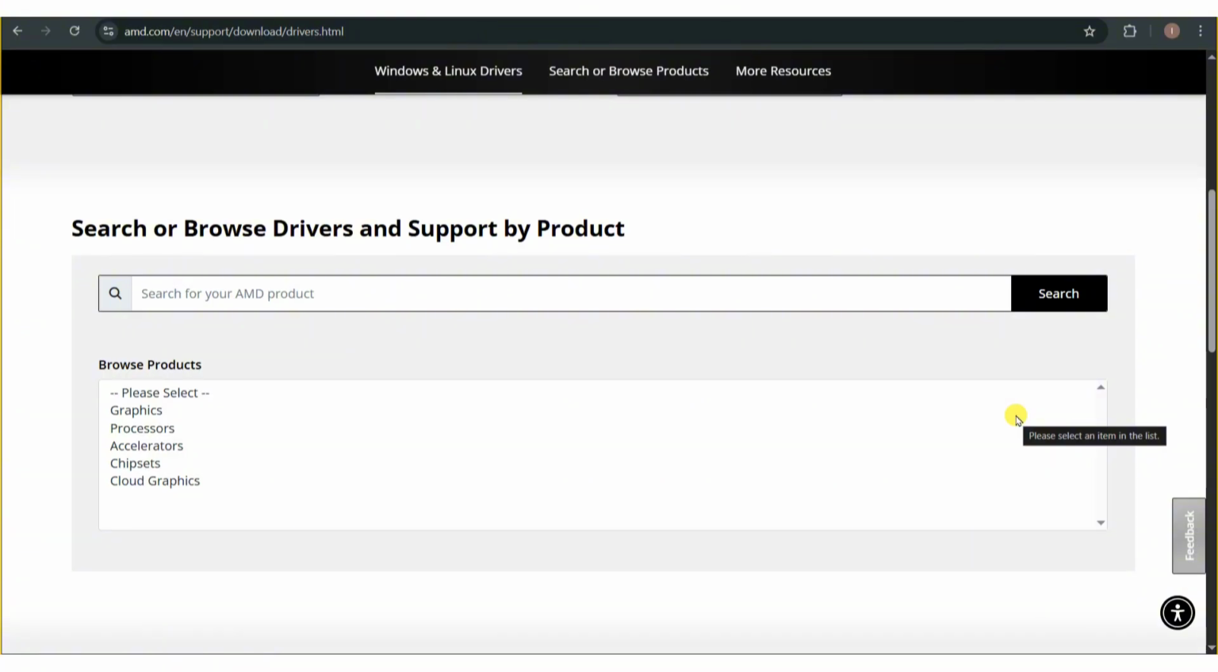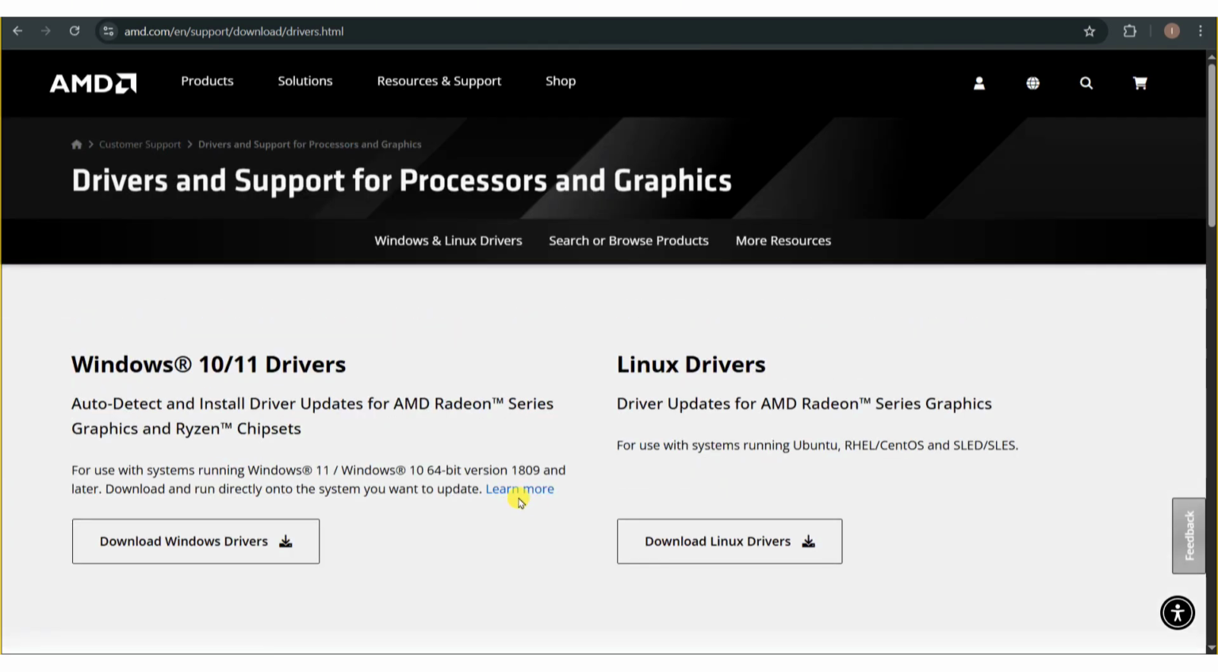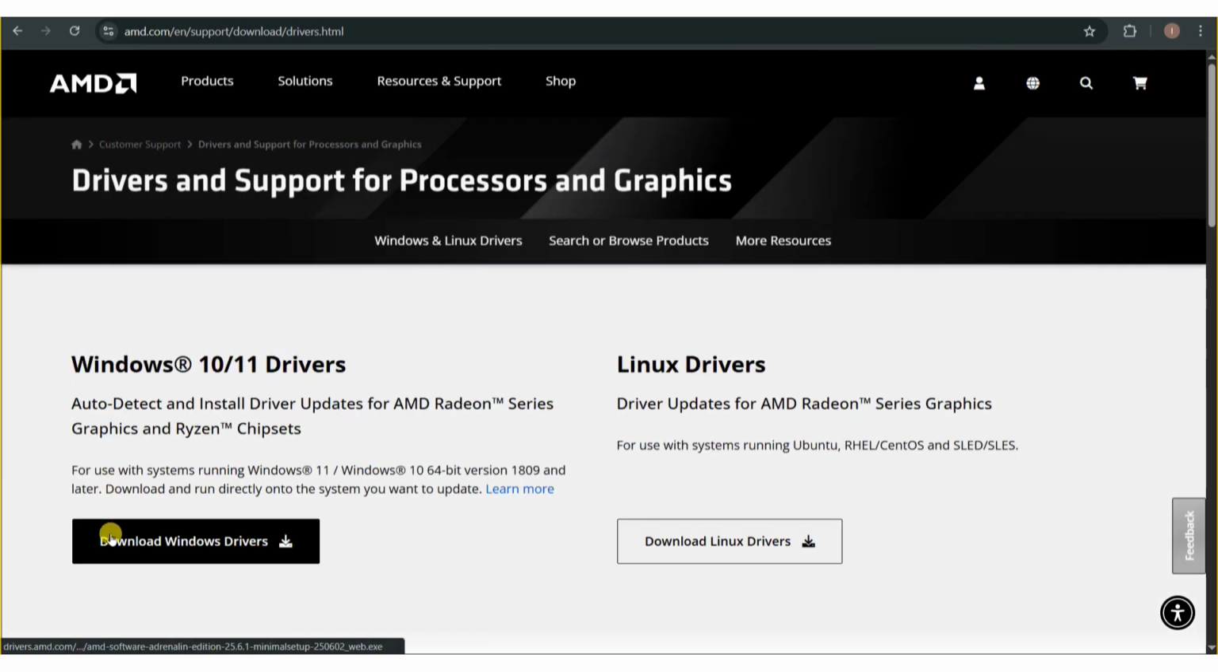So to get started, the first thing that you can do is to go ahead and confirm GPU compatibility. Go ahead and visit AMD's driver support page, and then in here go ahead and search for your GPU model to verify it's supported. If you're using an OEM or legacy GPU, you may need to get drivers from your